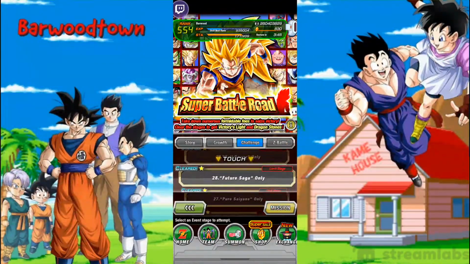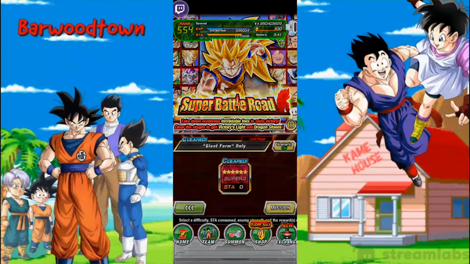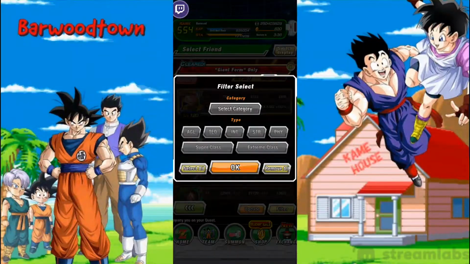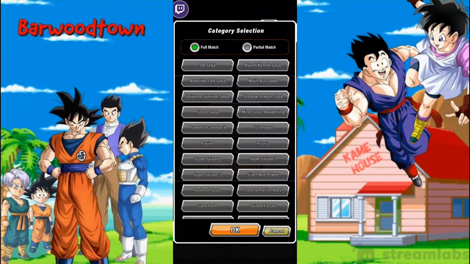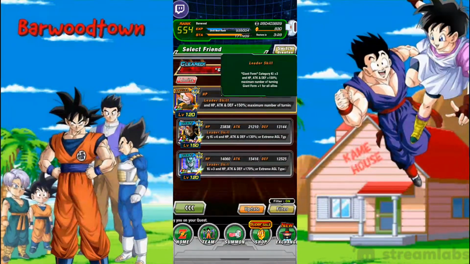Okay, so let's go and find it. Giant Form. See if we can find a good lead. No, it just means we'll have to take the